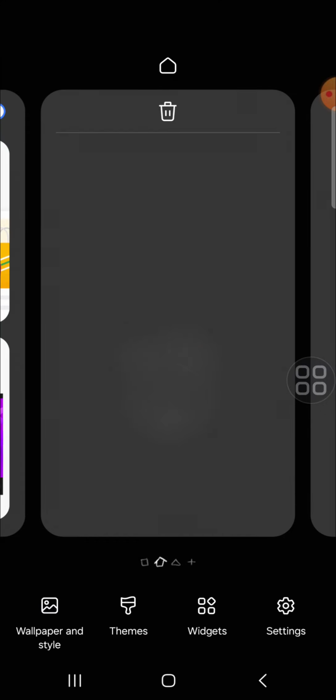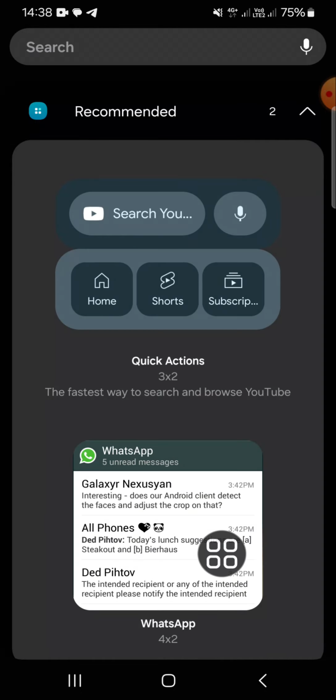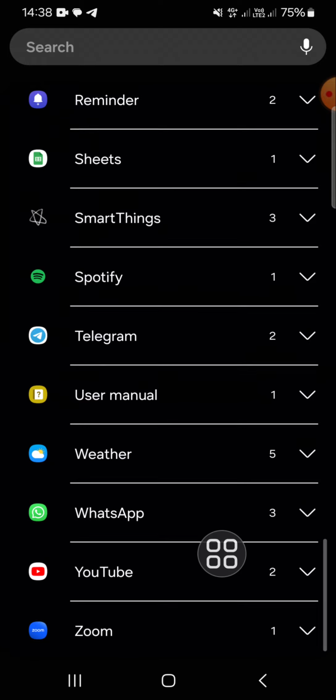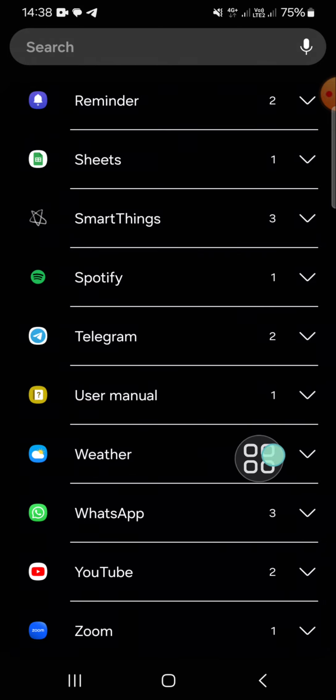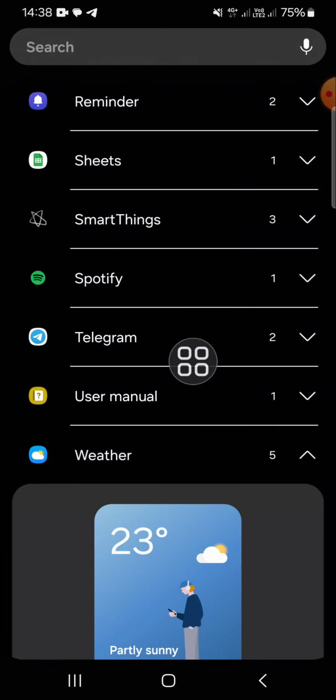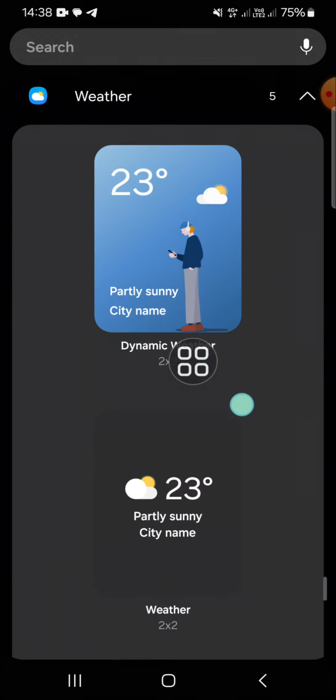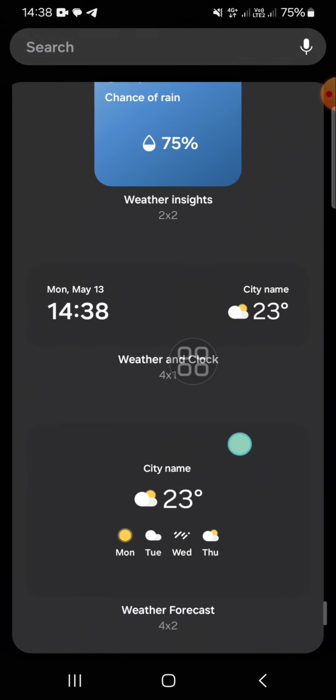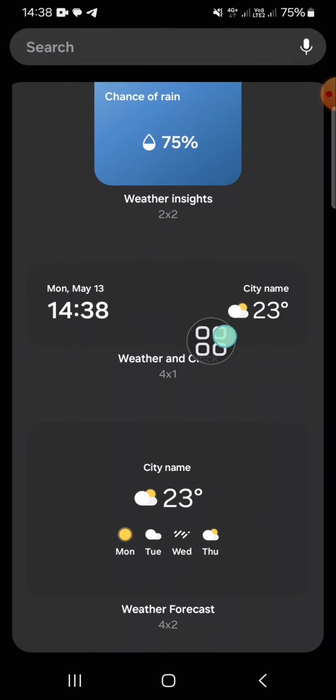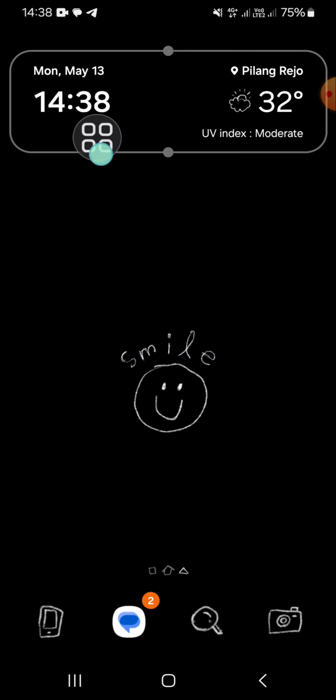We can tap and hold on any empty area on our home screen, then we're going to select widget, and here we can scroll down to the bottom to find the weather widget, this one guys. And there are some types of the weather widget, and for instance I'm gonna go with this one, weather and clock, so I can get the clock information as well from my home screen. Click on it, then we can click on add, and now the weather widget with clock information has been added